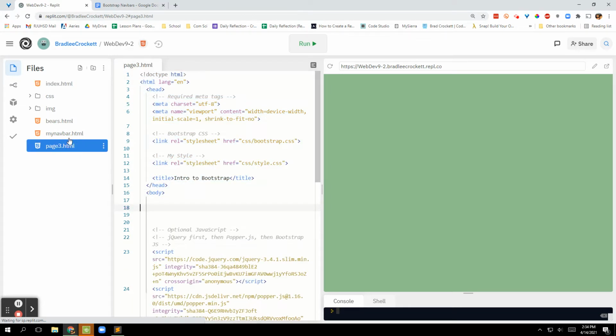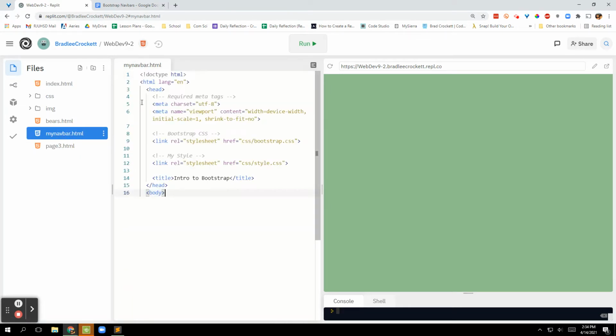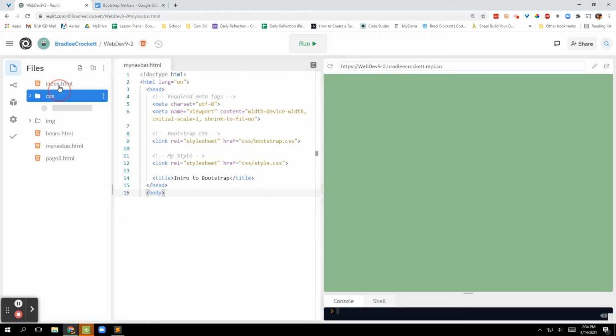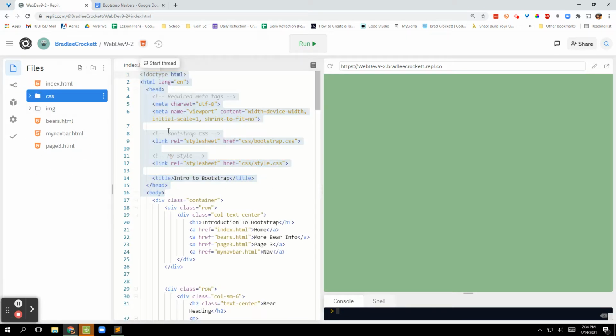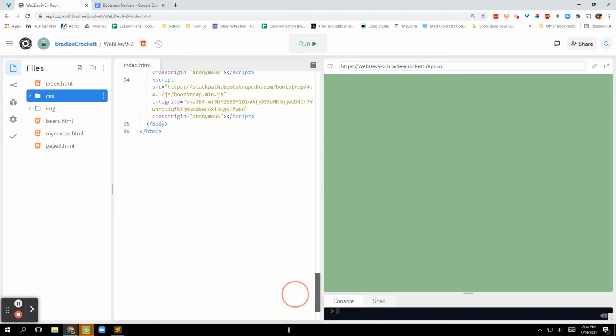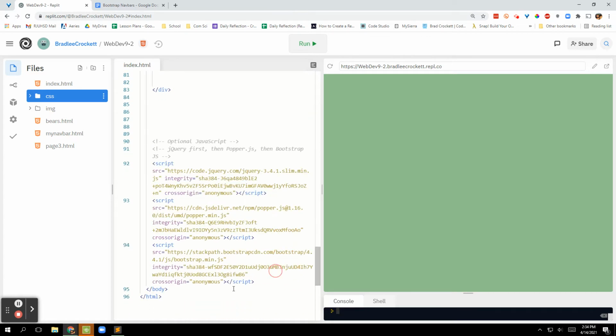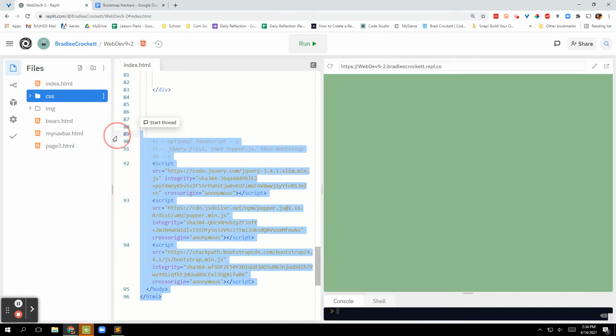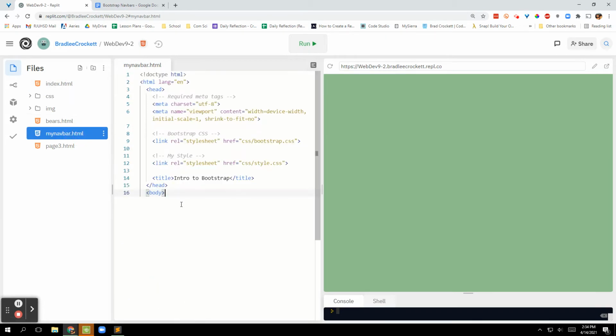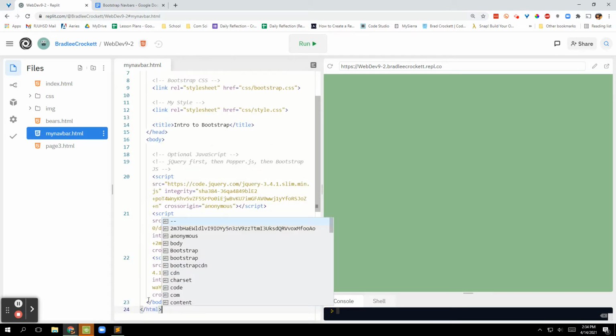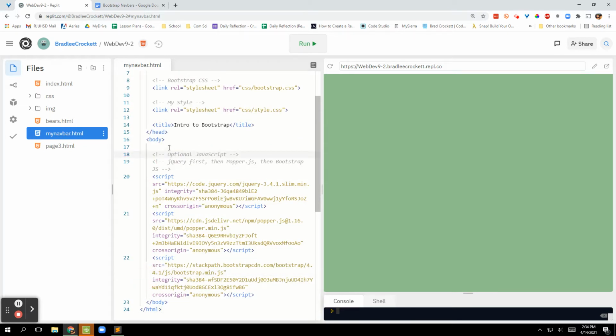Copy that, paste it into my navbar.html, go back to index.html, and I'm going to copy the stuff from the bottom, the optional JavaScript tags, the closing body, and the closing HTML tag. And I'm going to paste those into the bottom of my document. Okay? So now I have this